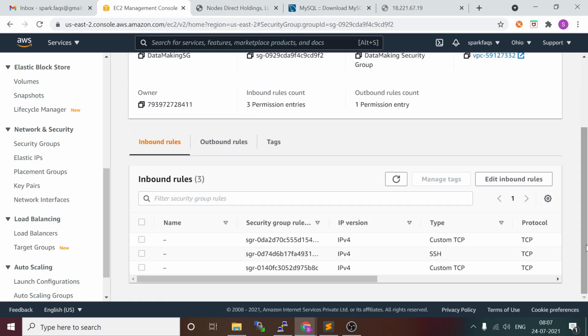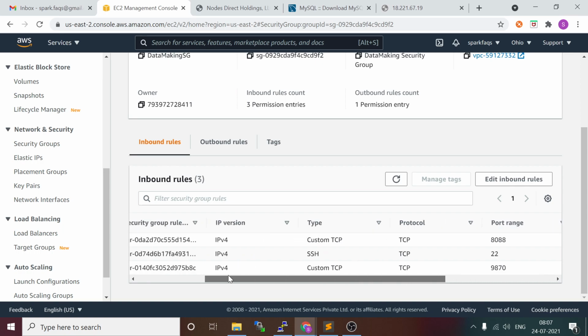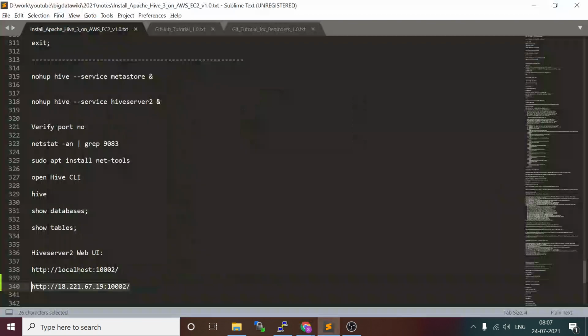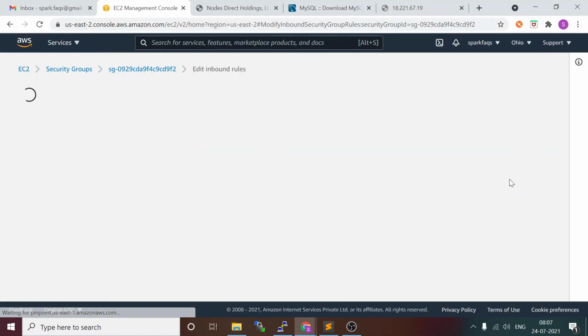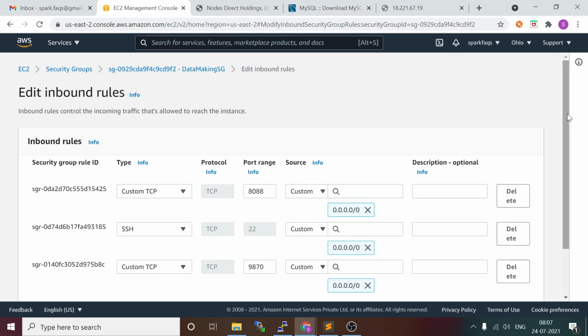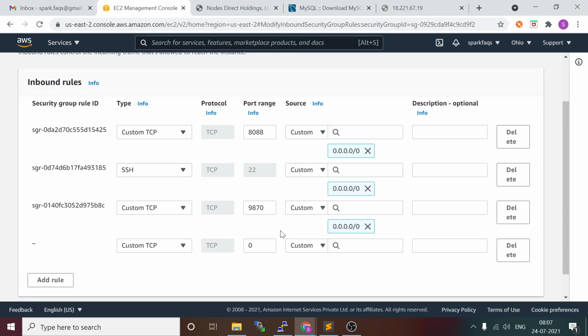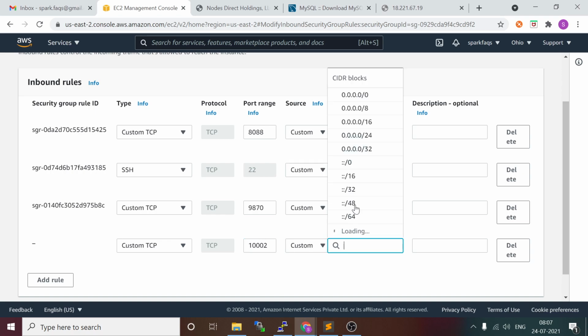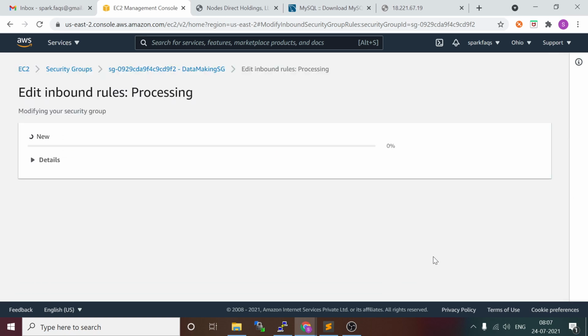Under the inbound rules, for now I exposed the NameNode web UI and YARN web UI. Now I have to expose the other port number, which is 10002. For that you can go and say edit inbound rule, then add custom TCP, put 10002, keep public access, and save this rule.